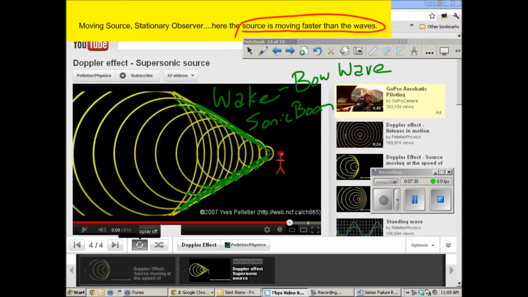So if instead of this being a person, if this was a little jet, so here's our jet moving through space. All right, and here's the ground down here. All right, and you're standing on the ground looking at the jet going, oh, cool, there's a jet going really fast. What's going to happen is as the jet moves,